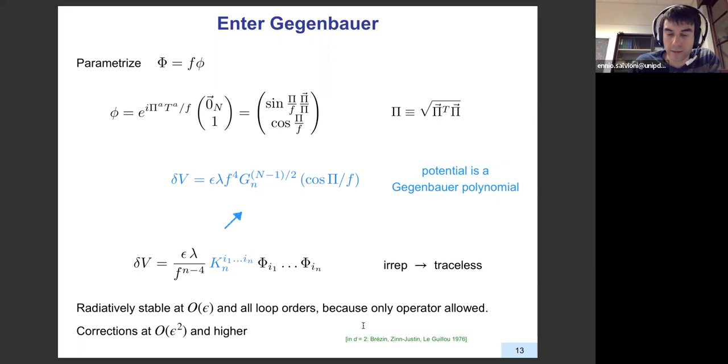Yeah, and I should say, a lot of what I'm going to say now was already found, of course, 50 years ago by Zinn-Justin and collaborators. Just that they applied this in the case of two-dimensional nonlinear sigma models. That's what they were interested in at the time. So I think in some sense we are rehearsing this story in the case of 4 dimensions and the Higgs.